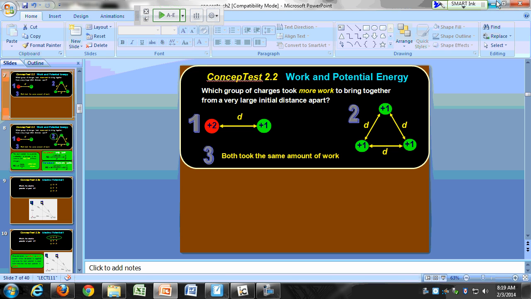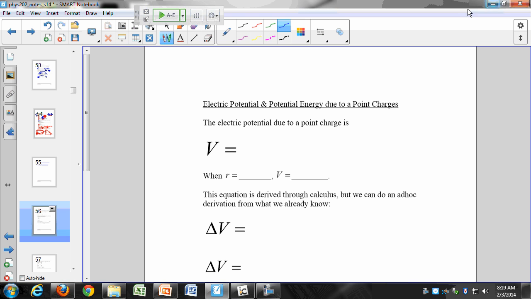I want to go ahead and define to you what potential is. So we can determine the electric potential due to a point charge. This is on your equation sheet. You'll need to know it. And we'll calculate the electric potential due to a number of point charges on the exam on Friday. The electric potential due to a point charge is KQ over R. And when R goes to infinity, what is our voltage? If I'm an infinite distance away from a charge Q, if R goes to infinity, our potential goes to 0.